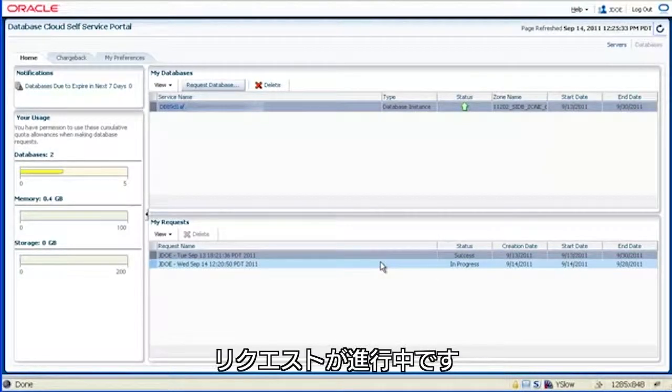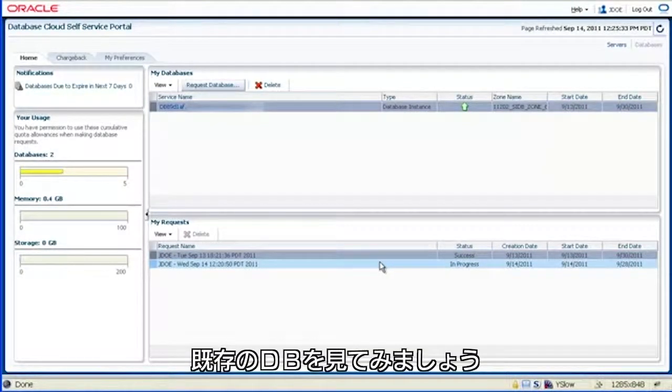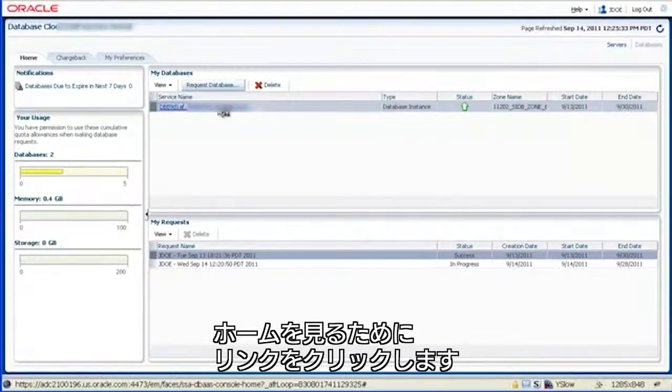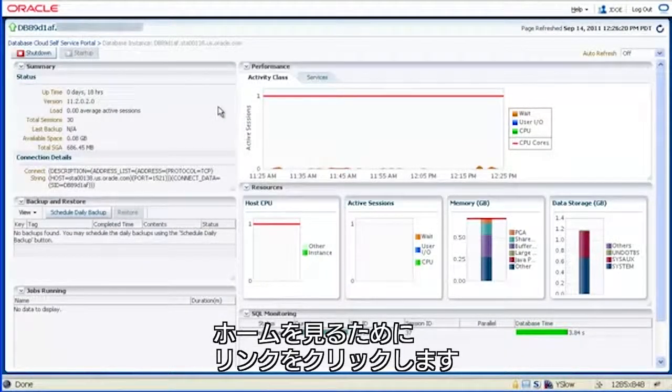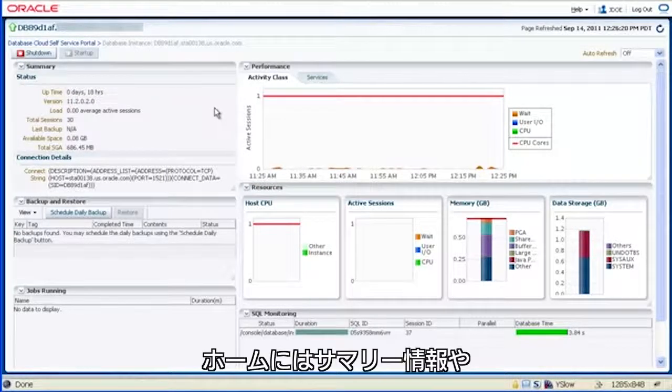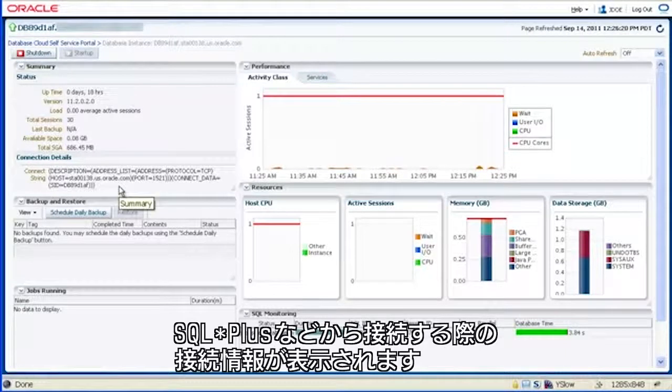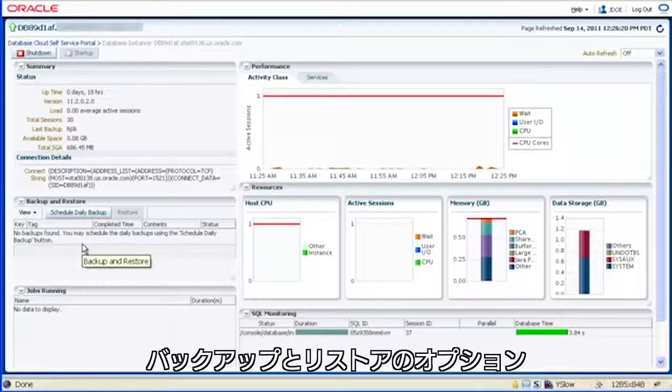Now that our request is in progress, in the meantime, let's take a look at an existing database. Click on the database link to view the database homepage. The homepage provides summary information, the connection details in case you wish to connect using SQL Plus or SQL Developer, the option to backup and restore,